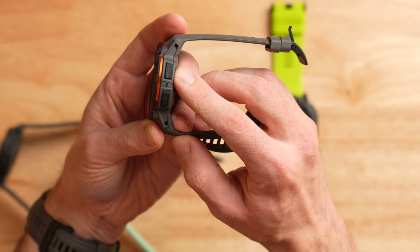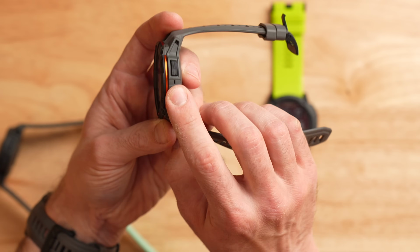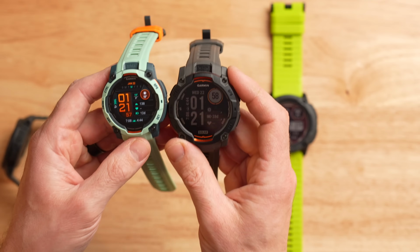They're very large buttons, so they are easy to feel if you're wearing gloves. However, they don't have a ton of travel, so it can be kind of hard to feel when you click them. One huge upgrade to the Instinct 3 lineup is that every watch in the Instinct 3 lineup now has